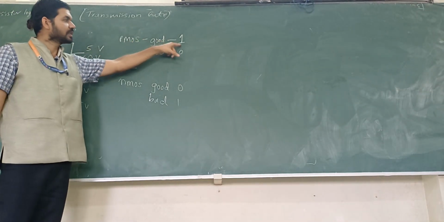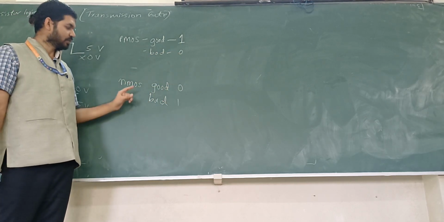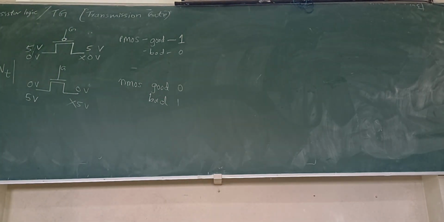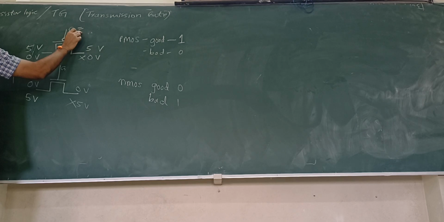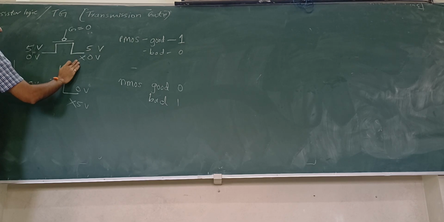PMOS is a good passer of logic 1, PMOS is a bad passer of logic 0, NMOS is a good passer of logic 0, NMOS is a bad passer of logic 1. Let us understand it. PMOS turns on when 0 is given. When I want to pass logic 5 volts to the other side,